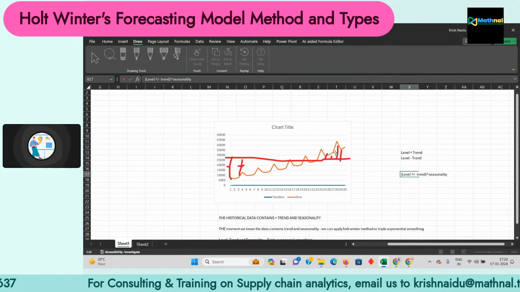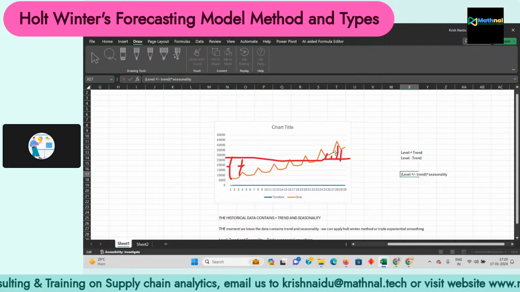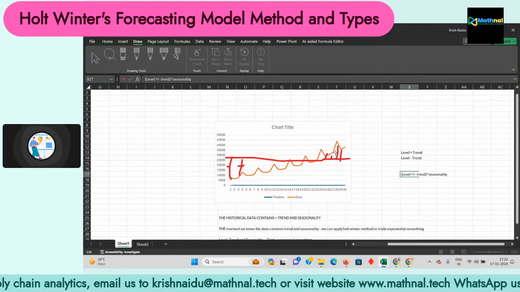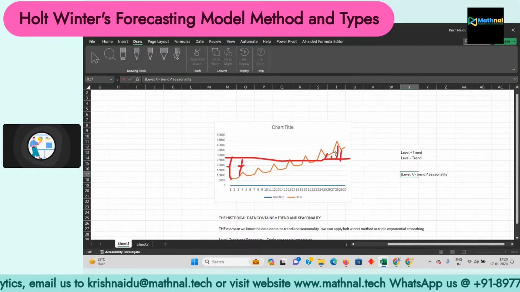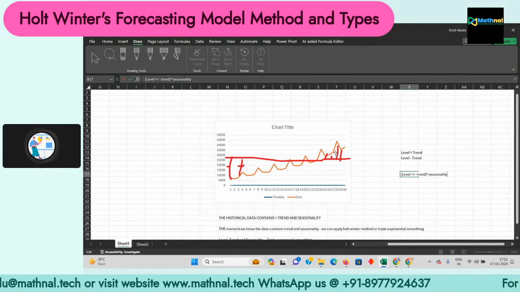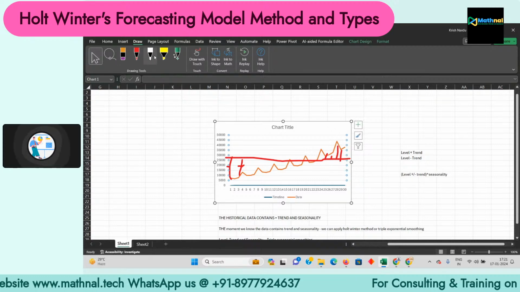If I subtract the trend on the left hand side, the level line will come down. So if I do level plus trend on the right hand side and level minus trend on the left hand side, the level line will try to map with the trend line. So if I do this particular operation,